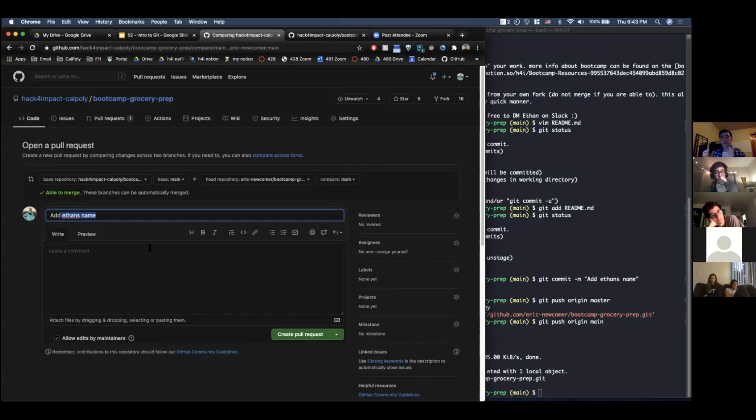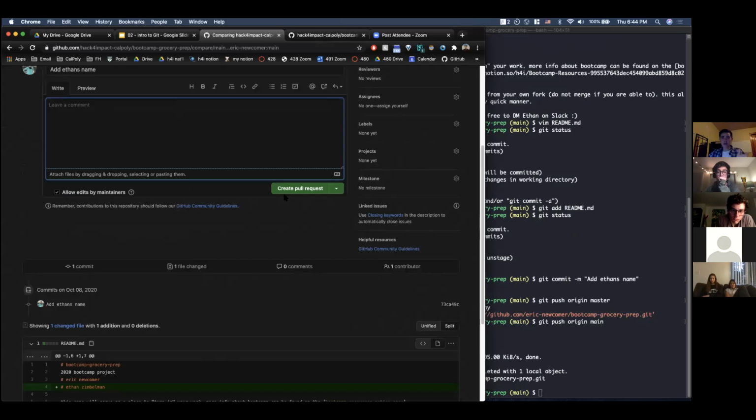But there's etiquette behind pull requests that I don't have the time to go over, but I will reference a link to an article written by our National Director of Engineering, Ben Holmes. He made a really great article about pull request etiquette, and that'll be shown at the end of the slides. But for now, just pretend that I have a really good pull request, great description, just top of the line. You can then press create pull request, and then